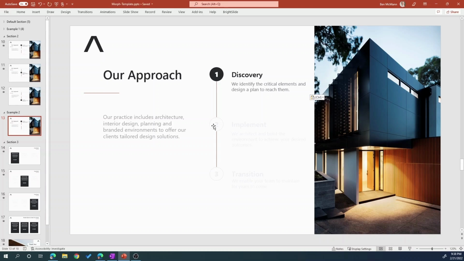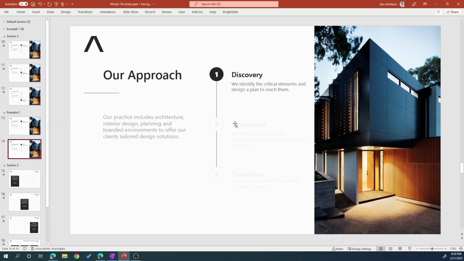The other 2 phases of our approach are grayed out. And then we have this text here that corresponds to our discovery phase. So on that slide, we don't need to do anything with transitions. That's what we've designed. What we'll do is duplicate the slide, and we'll work on the next elements, which are